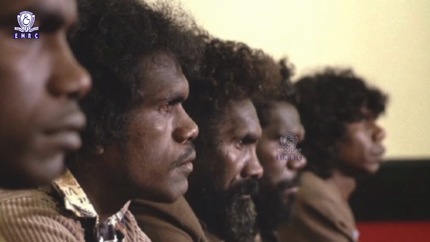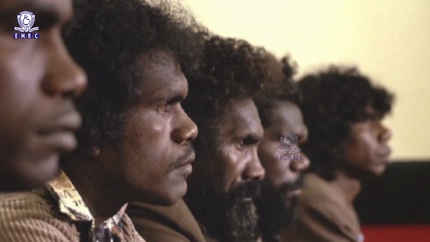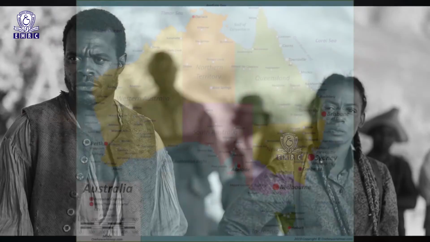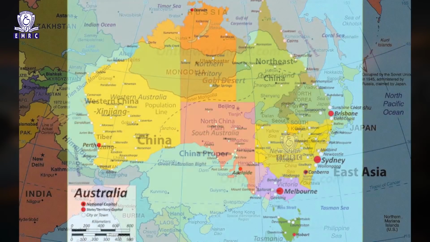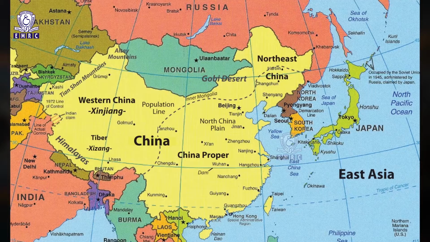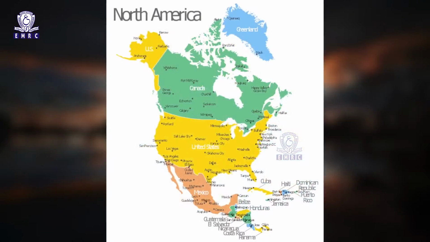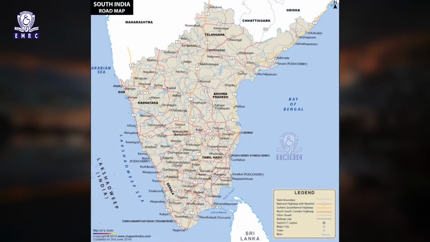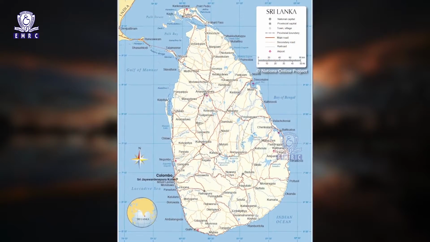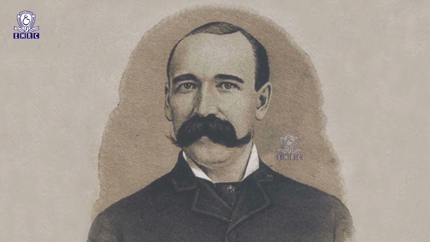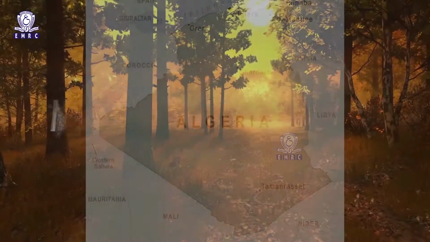The main physical features are dolichocephalic, wavy to curly hair, dark brown to black complexion and short stature. They differ from the Negroids mainly on the basis of hair structure. Their cradle land is Australia, from where they migrated to Eastern Asia, India, East Africa, Southern Europe, North America and Patagonia. The pre-Dravidians in South India and Sri Lanka are Australoids. Sir Harry Johnson has traced their appearance in Algeria as well.